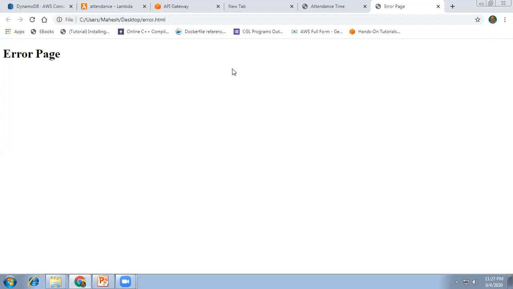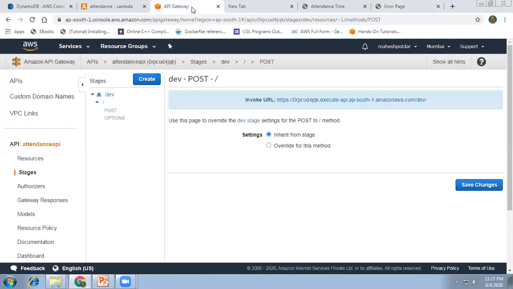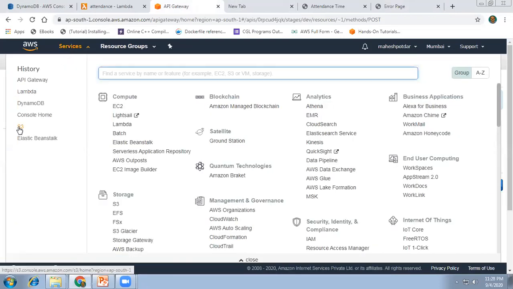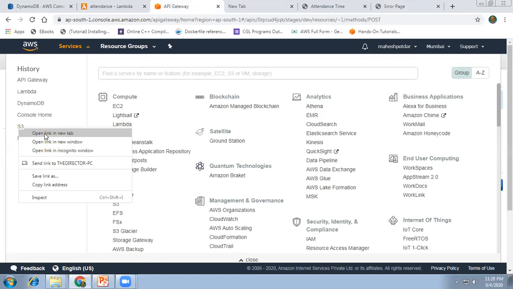Then I'm opening the service. The service name is the S3 service, in a new tab.